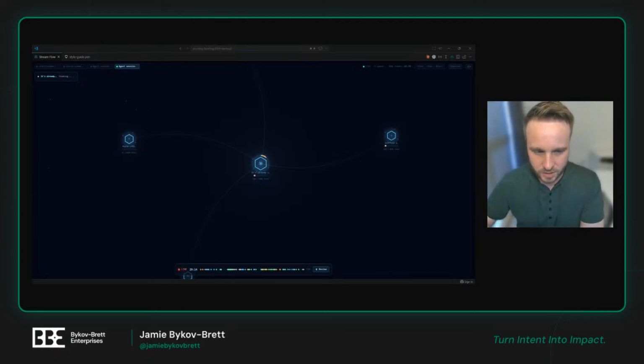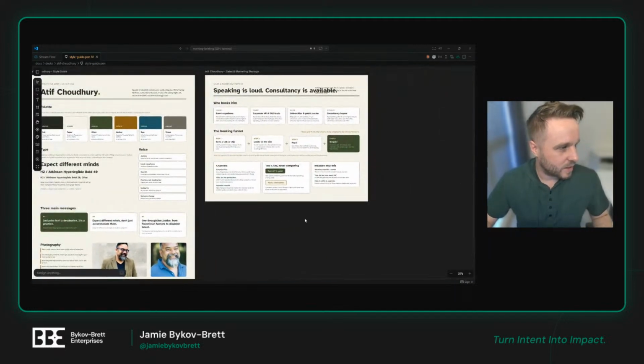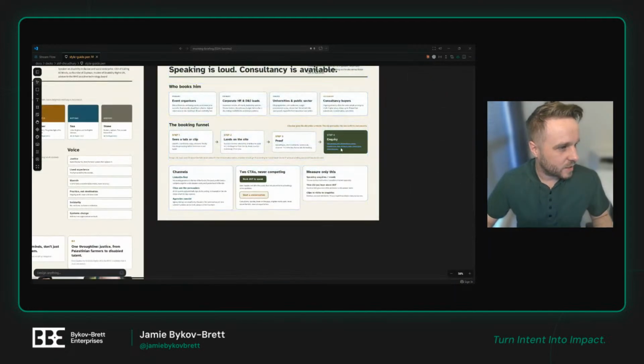Let's have a look at our terminal and see what we are getting. So yeah, we're getting a few improvements that should be coming through on the website. Let's do a bit of a refresh on the page and see what we start to get. Not been pushed through yet. And also we're going to get in our style guide here, we are starting to get our sales and marketing